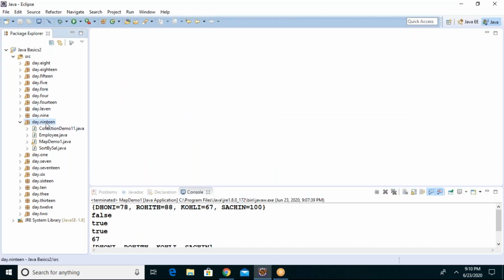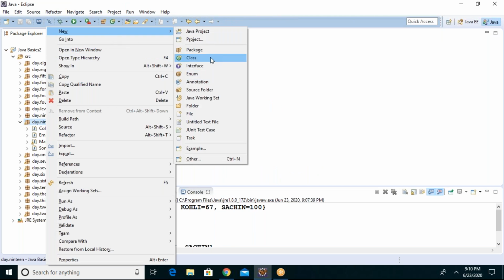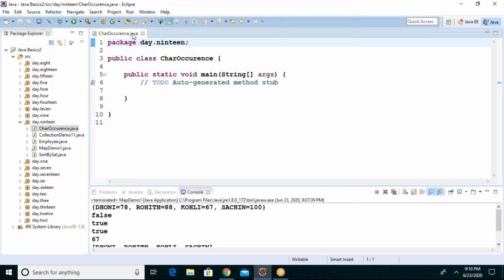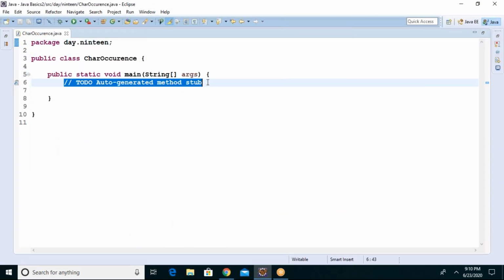Based on map, I will give you one assignment that everybody should complete and bring. Character occurrence. See, guys, I will give the skeleton.